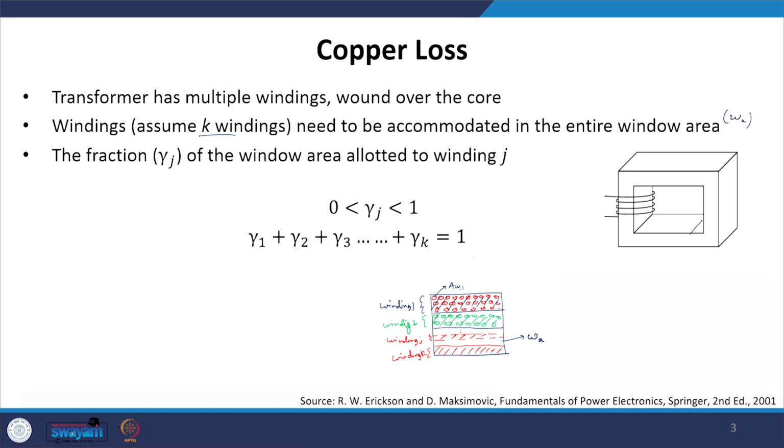Now what is this window area? This is nothing but the area where all these windings sit, or all the turns in the winding sit. So if you see from this side, it will have something like this. This is nothing but the hatched portion. If you see from this side, the hatched portion is called the window area, and that window area is given by WA. So this is for a U core, U kind of core.